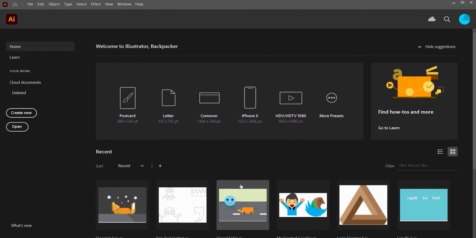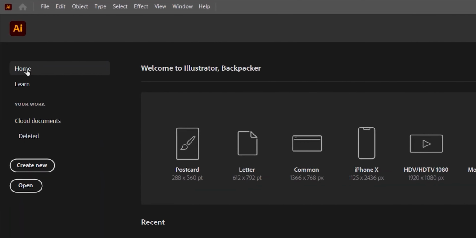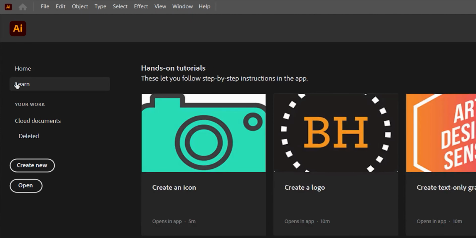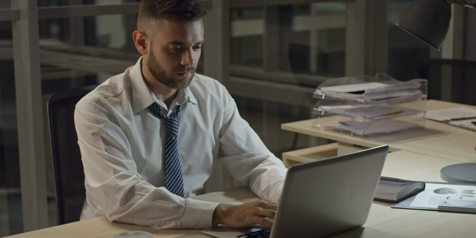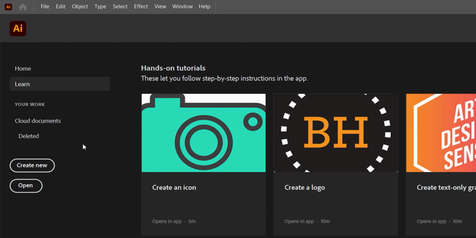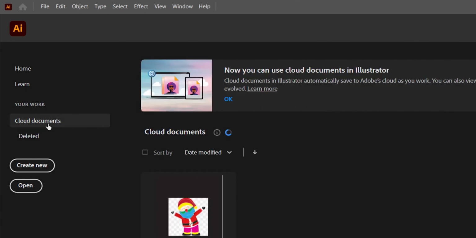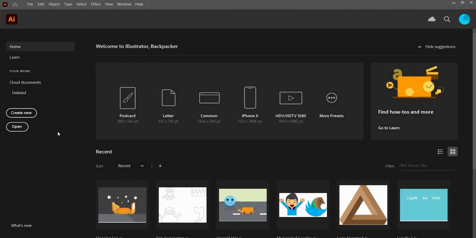Here I have practiced some of the graphics. On the left side, you will see different options such as Home, where we are right now. Another is Learn. If you wanted to learn from Adobe Illustrator professionals, then you can check these videos. Other than that, you will have the Cloud Documents option, and the new file options will be explored in the next